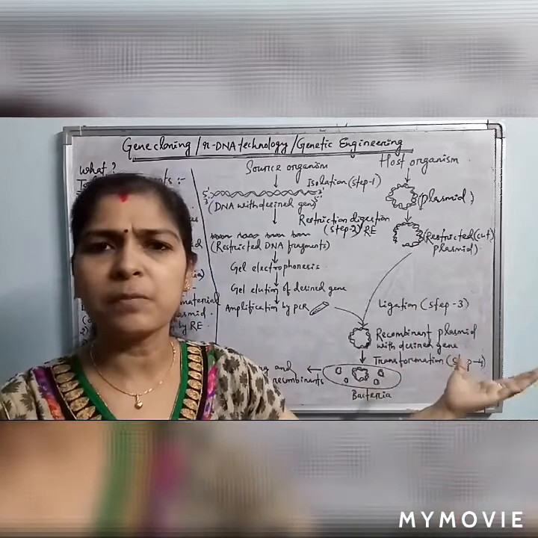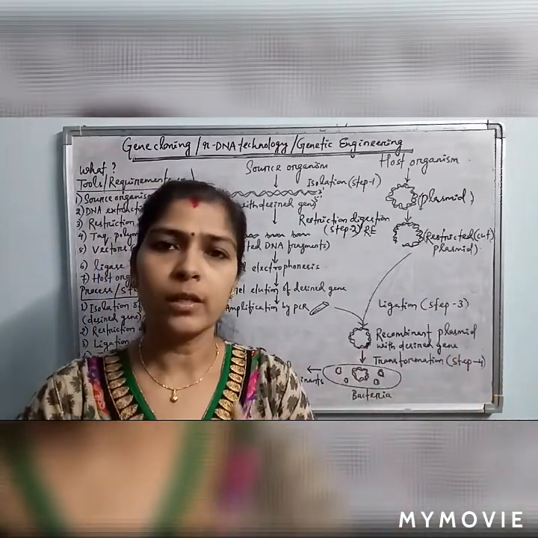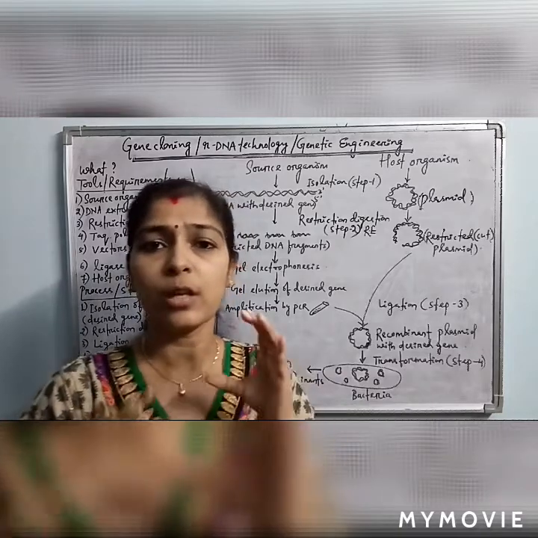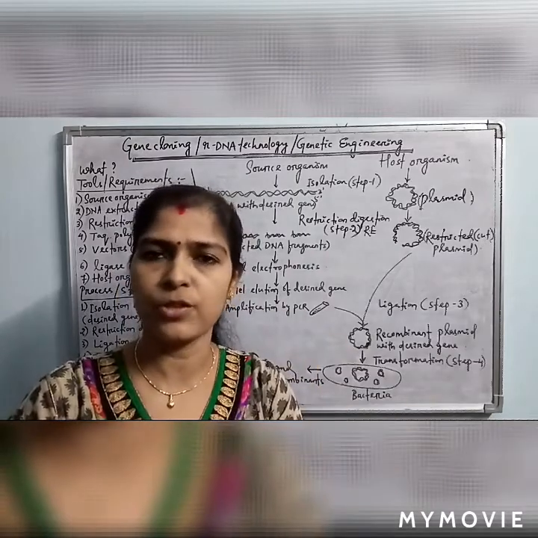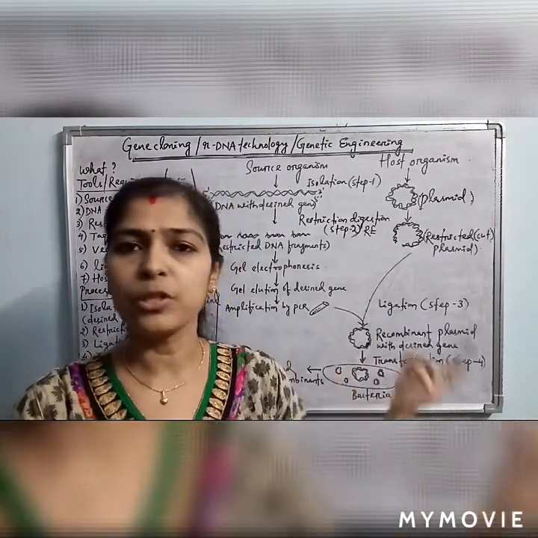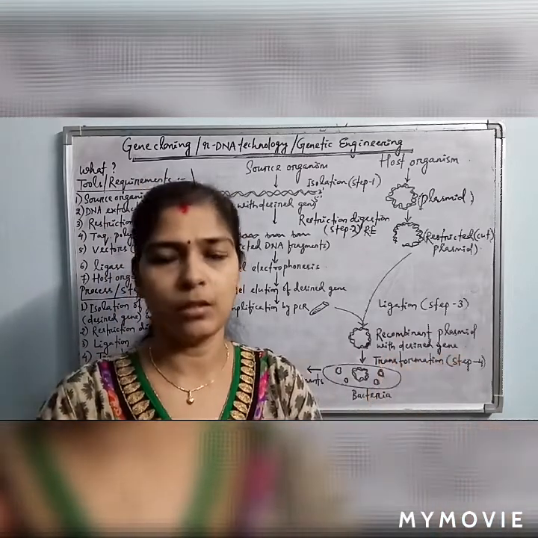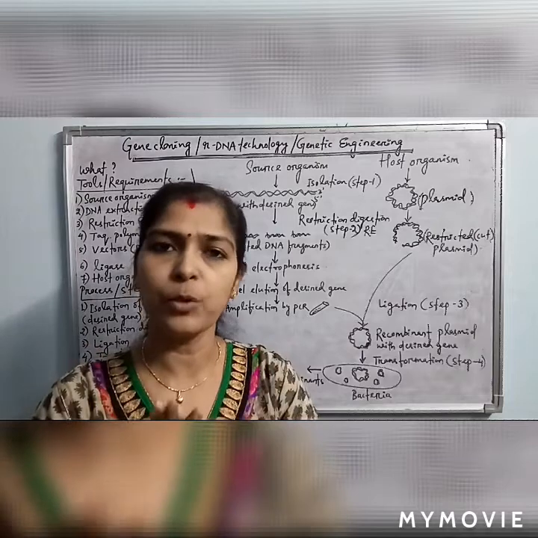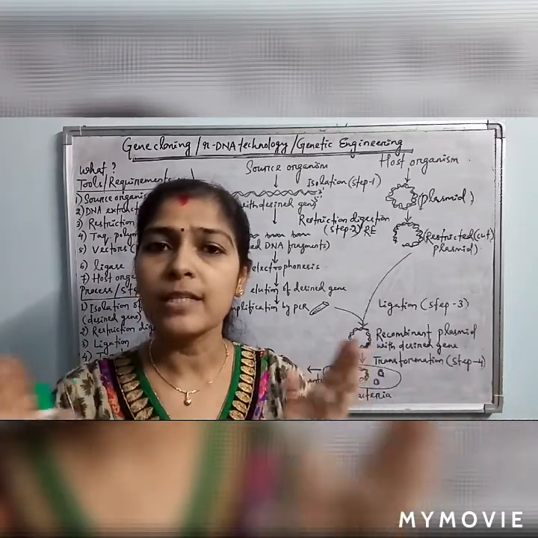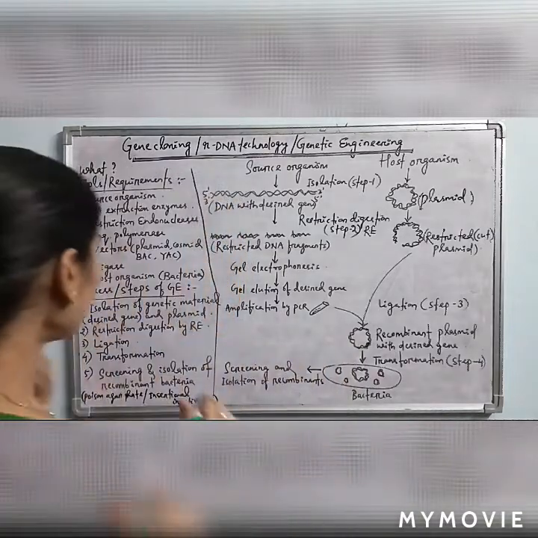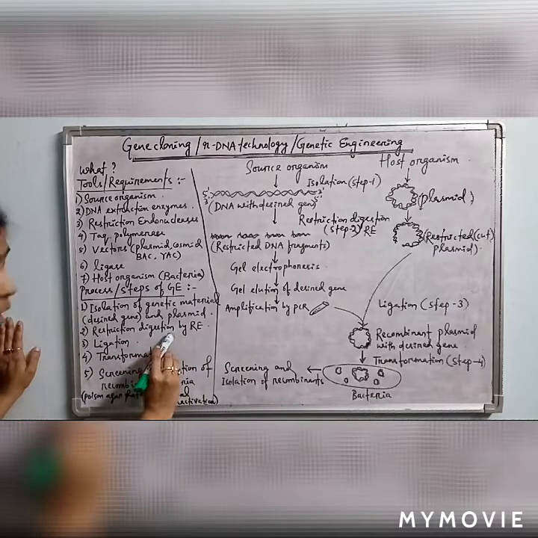Similarly, what is a plasmid? Plasmid is the extra chromosomal circular DNA which is present inside the bacteria. It is also double stranded. So the plasmid and the DNA are cut by the same restriction endonuclease, so that it will produce the staggered ends, or hanging ends, so that they can be easily ligated.